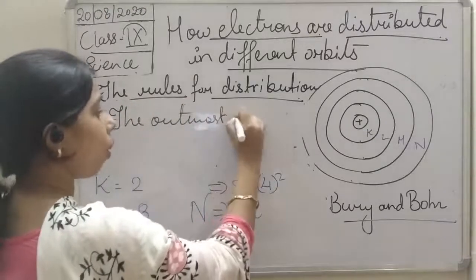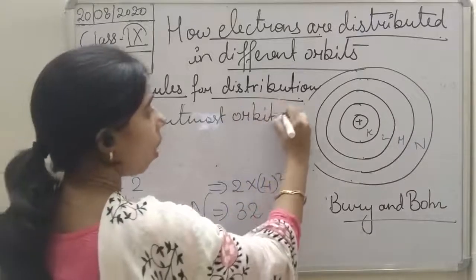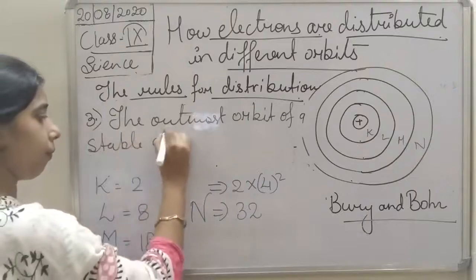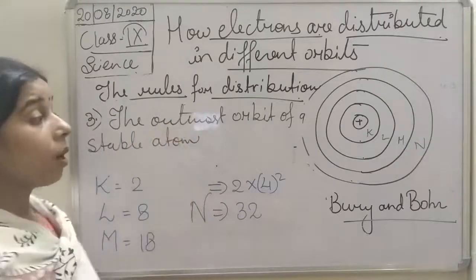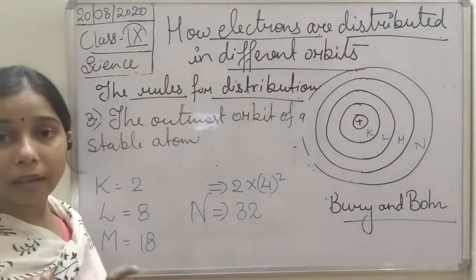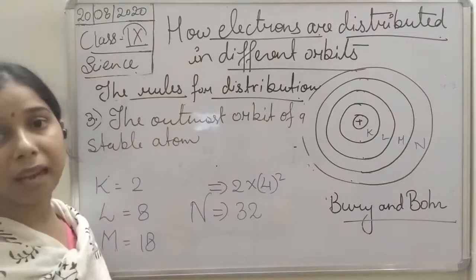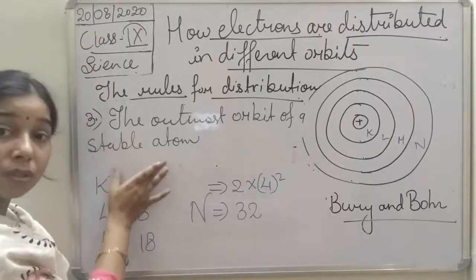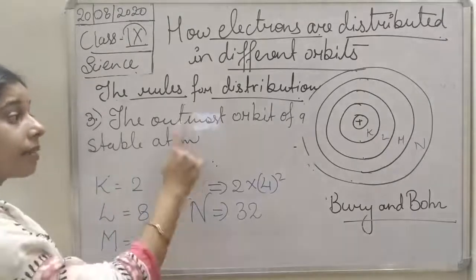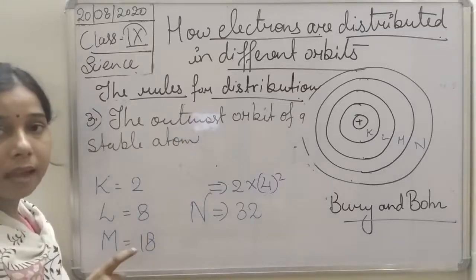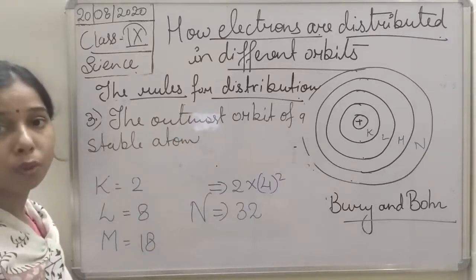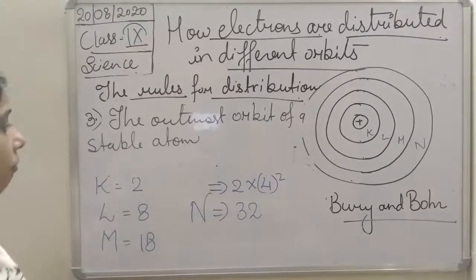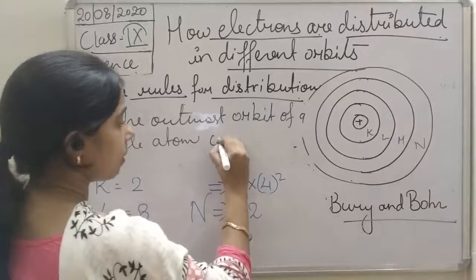The outermost orbit of a stable atom must consist of 8 electrons, not more than that. So if we talk about a stable atom, students, in its outermost shell it must have 8 electrons, not more than 8. So we can say the outermost orbit of a stable atom consists